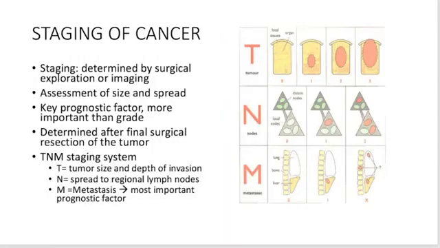We also then have staging of cancer, and this is determined by surgical exploration or imaging. It is going to be the assessment of size and spread. Key prognostic factor. It's actually more important than grade, and it is determined after the final surgical resection of the tumor. Tumor size and depth of invasion, spread to regional lymph nodes. Metastasis is the most important prognostic factor. So